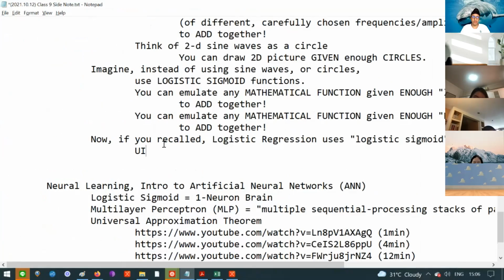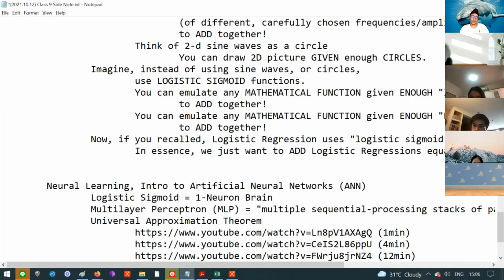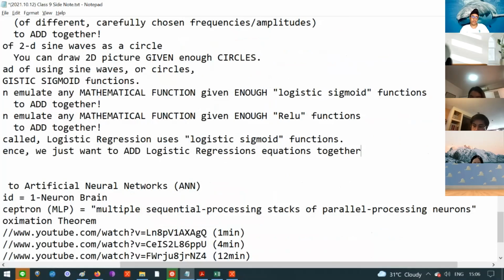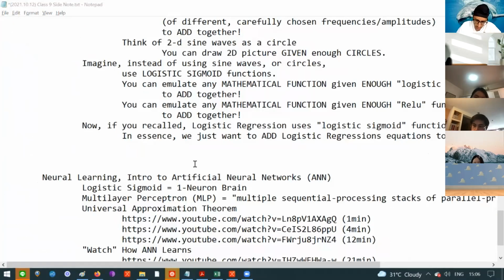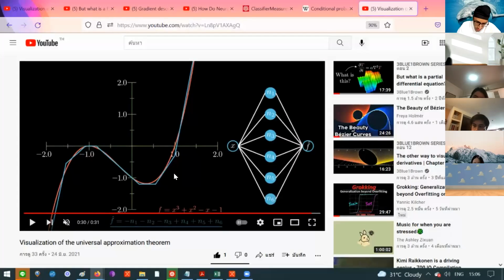So in a sense, we just want to add logistic sigmoid, logistic regression equations together. Okay. So let's see 2. If I add 2,